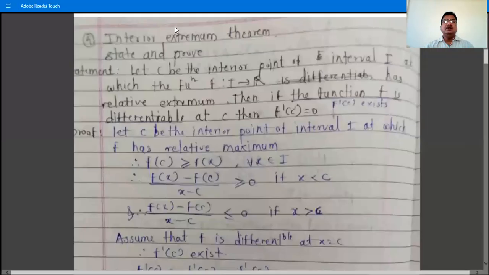Next theorem is the interior extreme theorem. So the question is: state and prove the interior extreme theorem. Statement of this theorem: let C be the interior point of interval I,